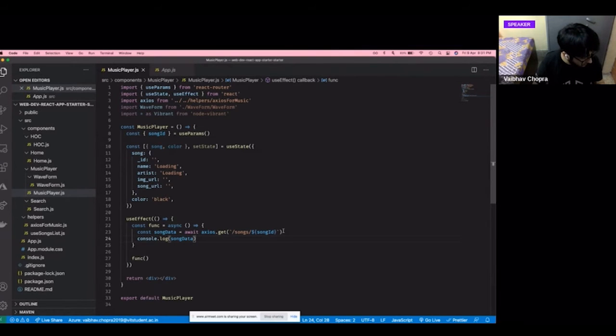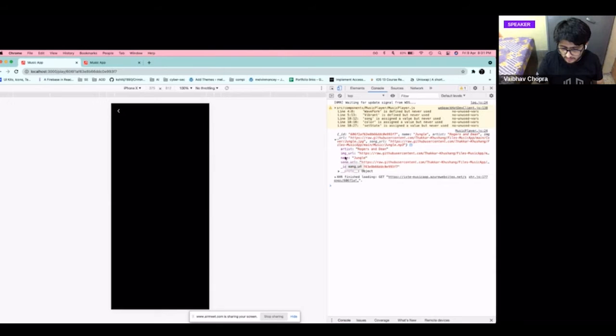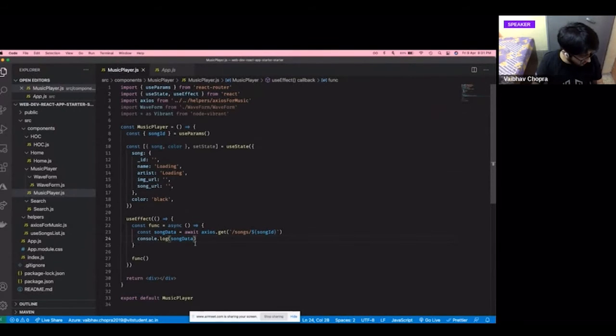Moving on, this song data also has the image URL. This image URL is present in this song data object. So we will use this to get the dominant color inside this component.